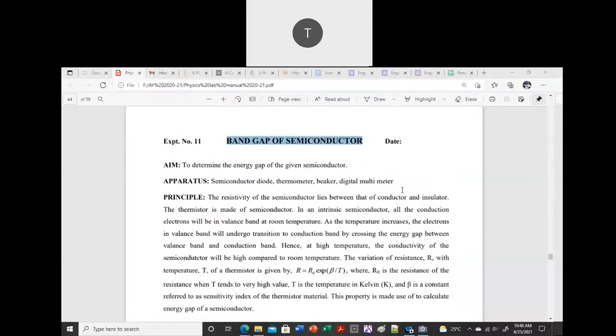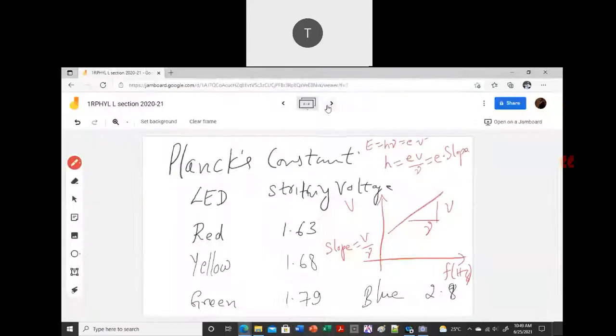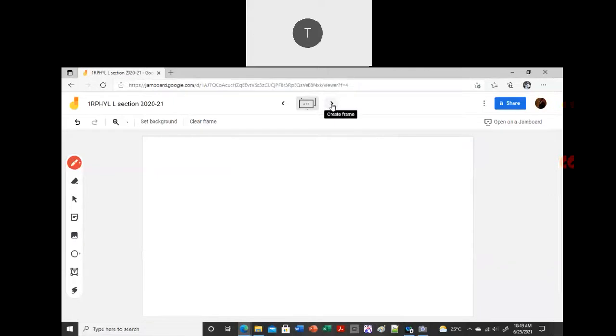Don't know. So it is E2 minus E1. So there is a difference between two energy levels. But in principle, normally, when it comes to your semiconductor, if you take your semiconductor, what happens? So we will write here: energy gap of semiconductor.